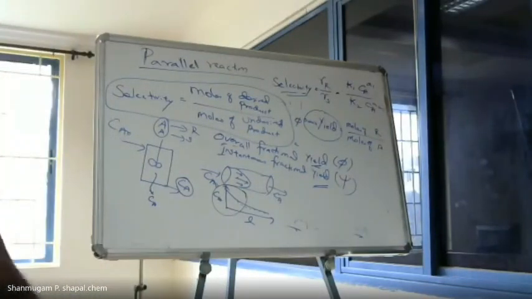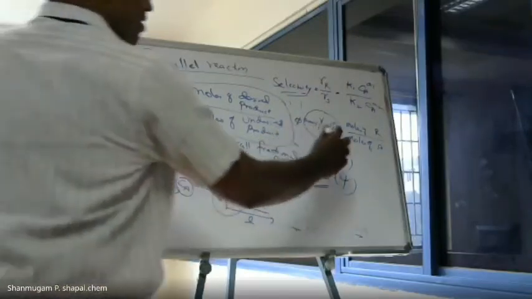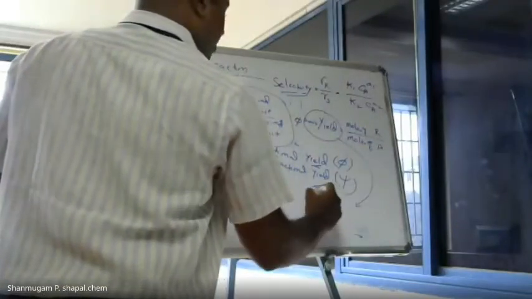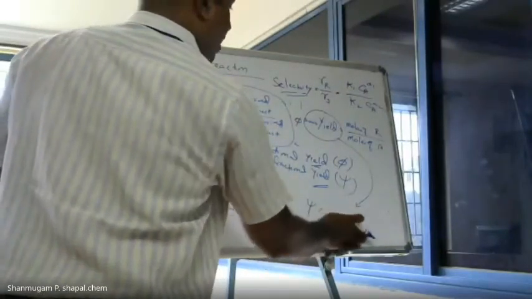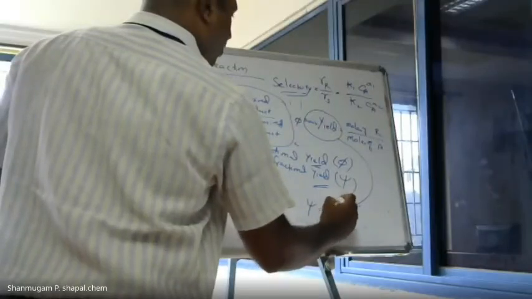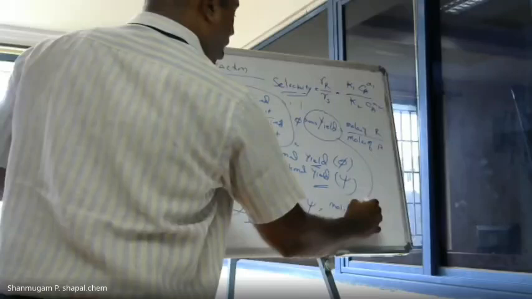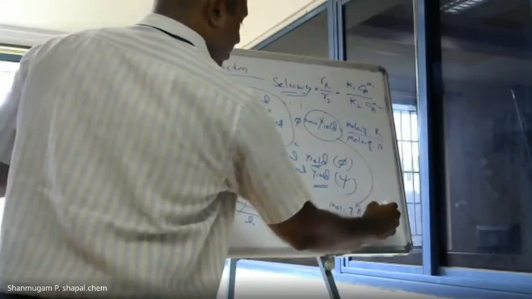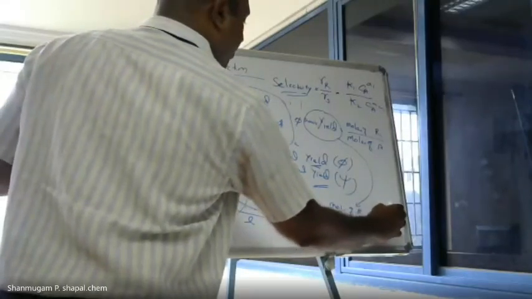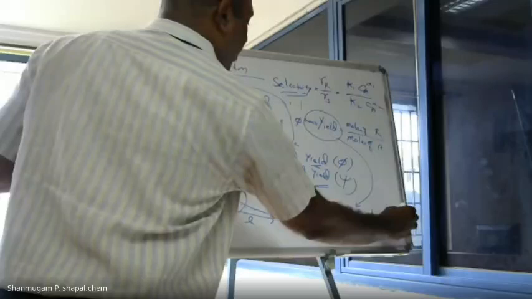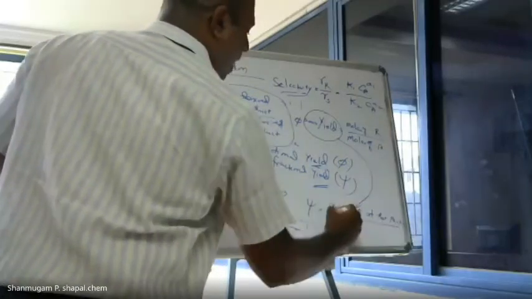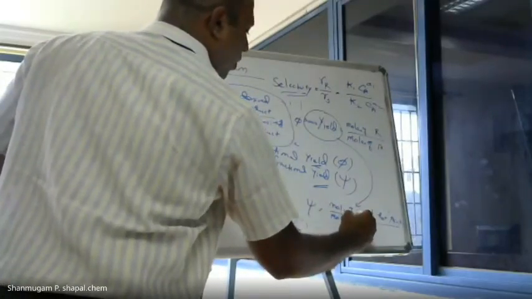Psi is the same as the mole of R at that point, at that particular point, divided by mole of S